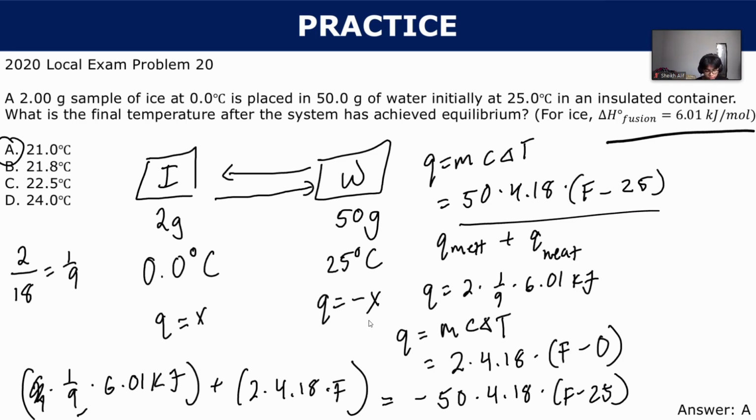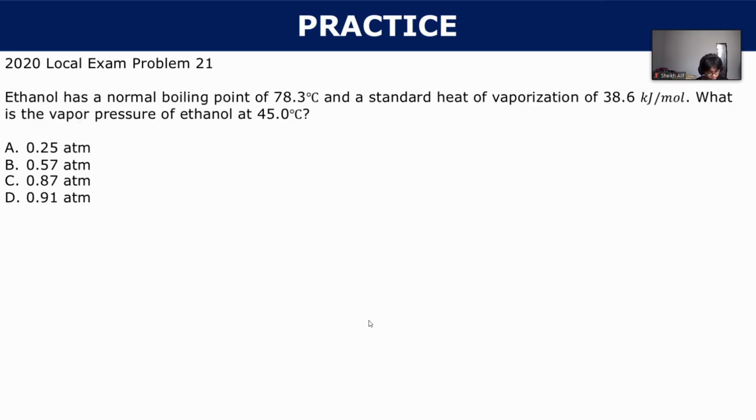Okay, let's move on to question 21. Ethanol has a normal boiling point of 78.3 degrees Celsius and a standard heat of vaporization of 38.6 kilojoules per mole. What is the vapor pressure of ethanol at 45.0 degrees Celsius? This is going to be one of our classic